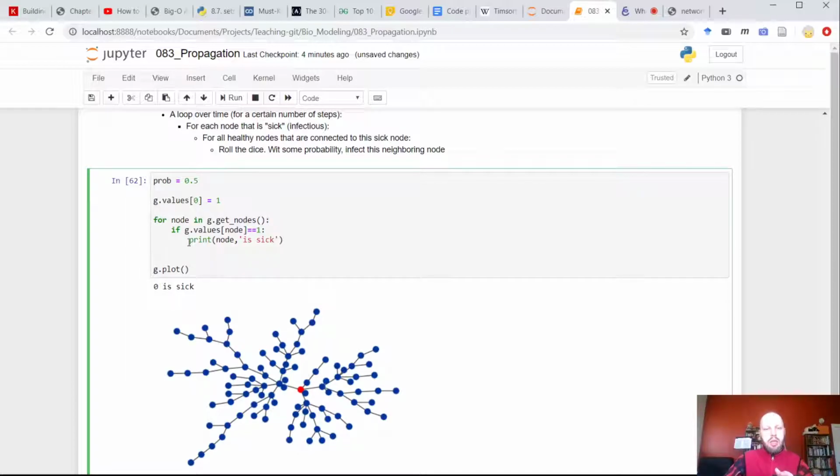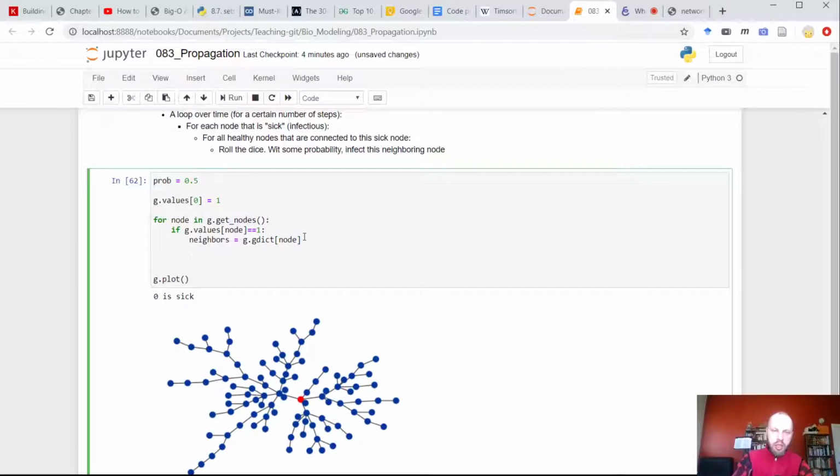So time to propagate. We need to look at all nodes that are connected to this node. How to get the neighbors? Well, we have a dictionary of all connections of each node. Gdict of node. So now neighbors is all connections of this node. Again, let's test that. Print